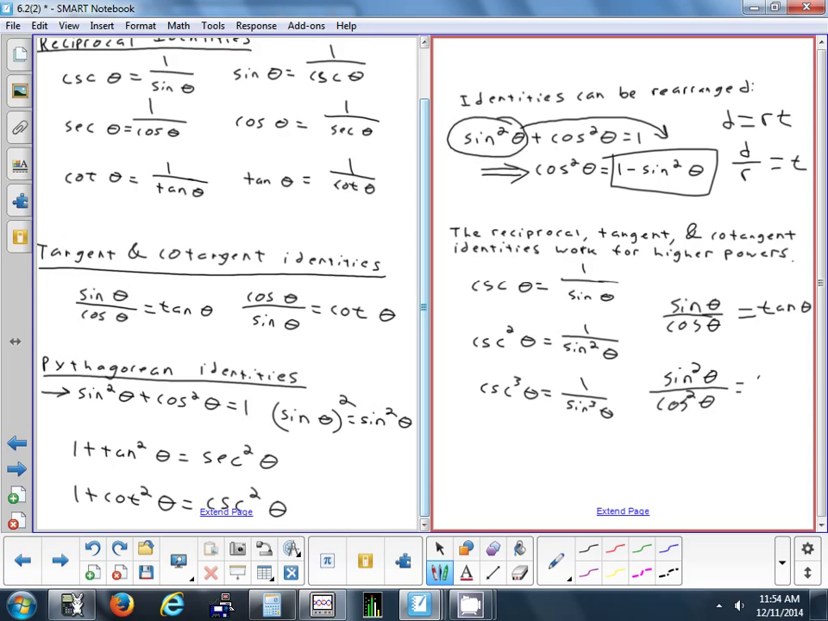Yeah, it would be tangent squared. If you did sine cubed divided by cosine cubed, it would be tangent cubed. Okay. So you can use these identities, the reciprocal and the tangent and cotangent, with any power you want. Generally, you're not going to ever have to use it above a